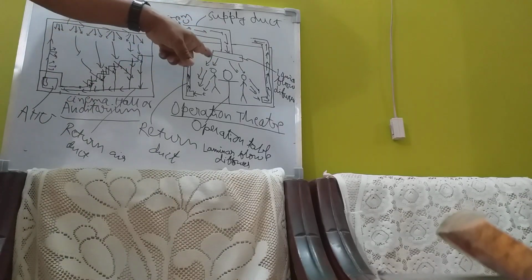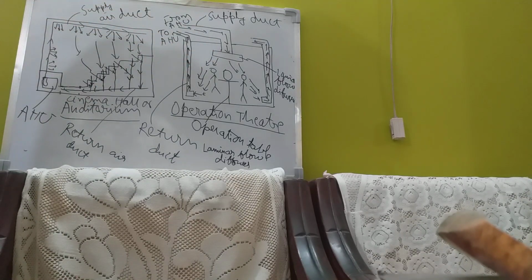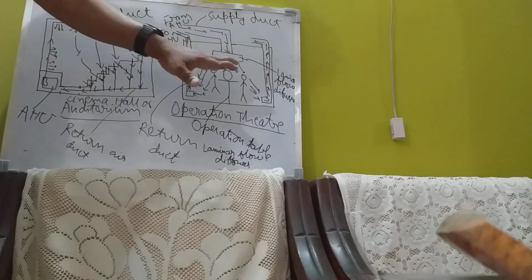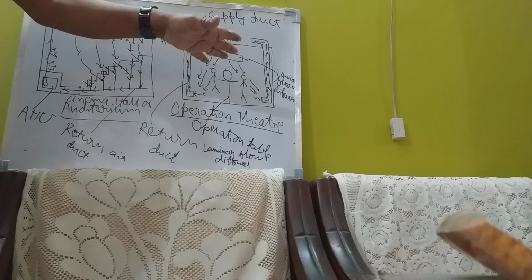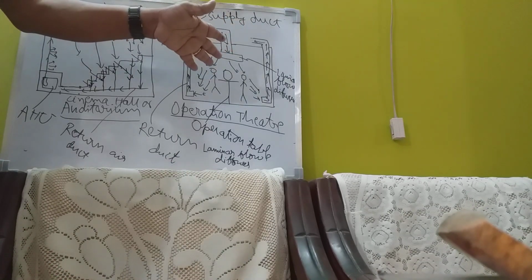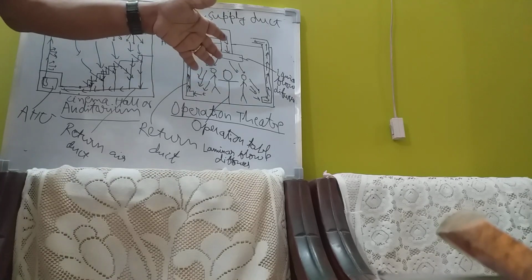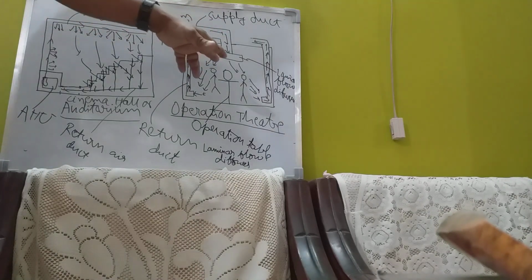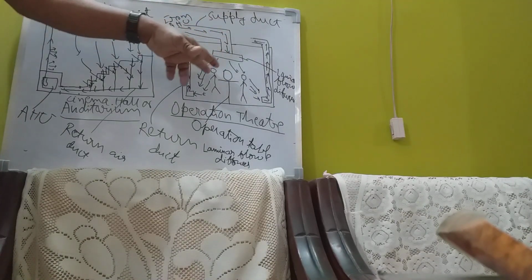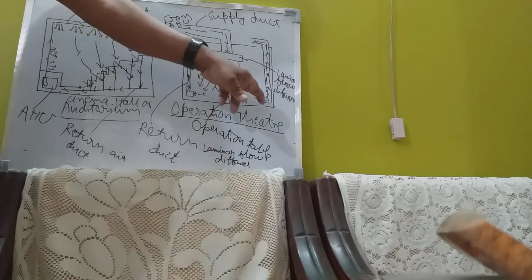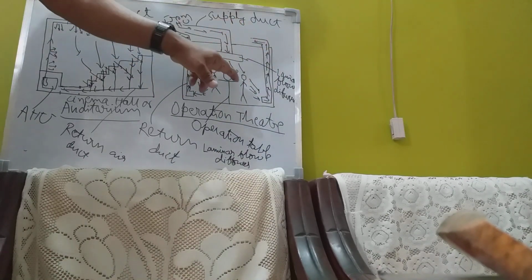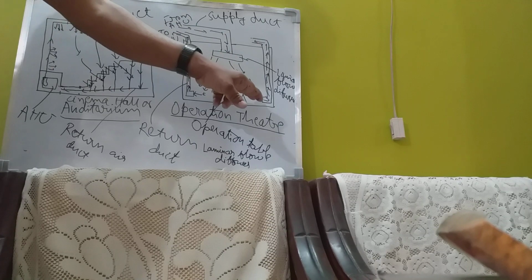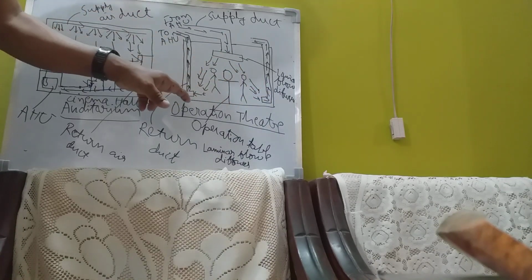The diffuser is designed in such a way that it releases the air at a particular velocity which is below the boundary of turbulent flow. That is laminar flow. Below a particular velocity, it sends the air so that it is a layer-wise flow, and the layer-wise flow passes through, sweeps through